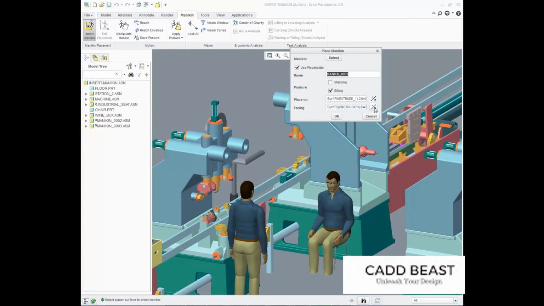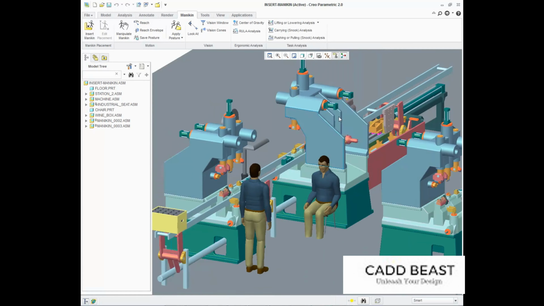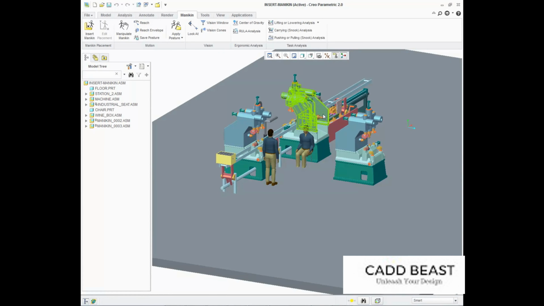To turn the mannequin around, I'm going to click the flip option to the right of the Select Reference To button. My mannequin should now be in a sitting position on the chair and facing forward. Mannequins are useful tools for assessing the size and scale of an object in Creo. They include more complex functionality than